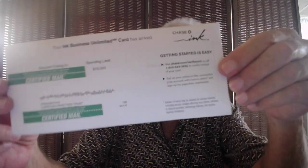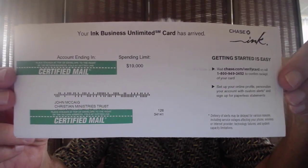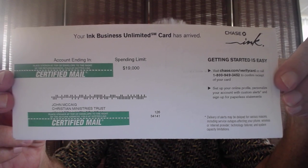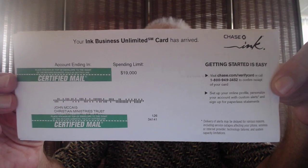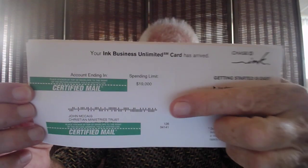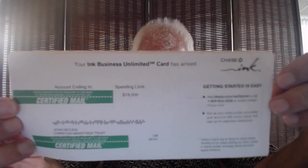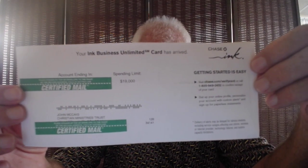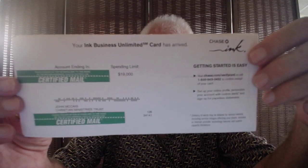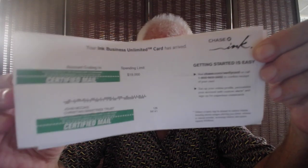Let's see. Inc. Business Unlimited for, over here, Christian Ministries Trust. Spending limit, that's a credit limit, right? 19,000. Chase has already issued an Inc. Preferred for a 44,500 credit limit. I've shown that before, but